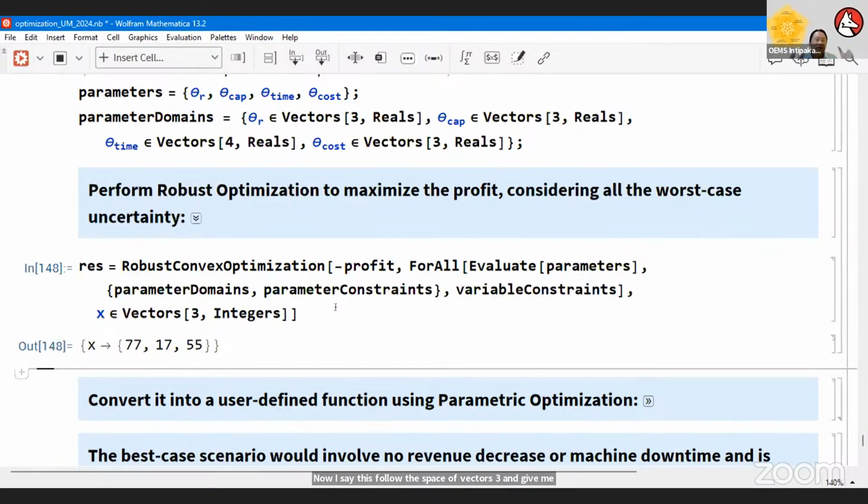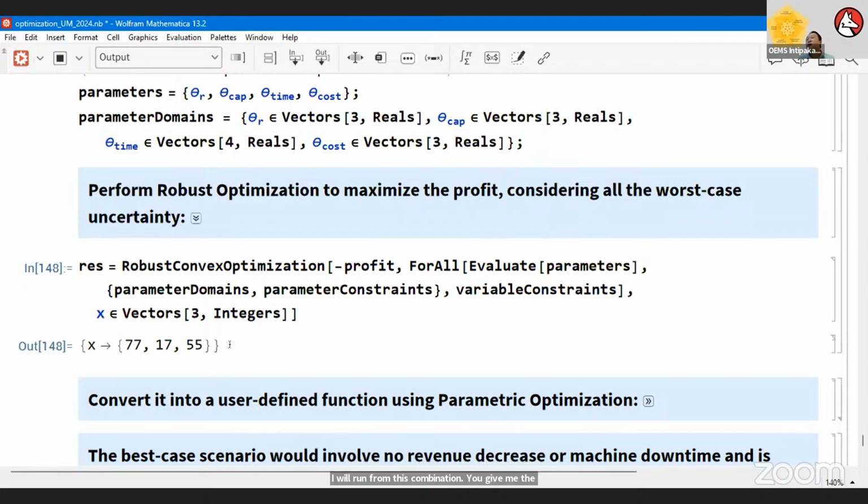That means that I have lost time, 120 minutes. I have lost my profit by 5 ringgit because of frustration and productivity. All 4 different uncertainties go for the worst case. I will have a product mixture of 77 for product A, 17 for product B, 55 for product C, and when the worst case scenario happens, I run from this combination, you give me the maximum profit.